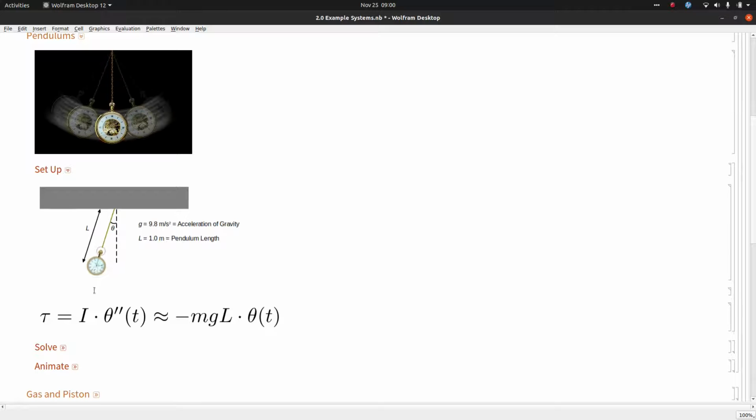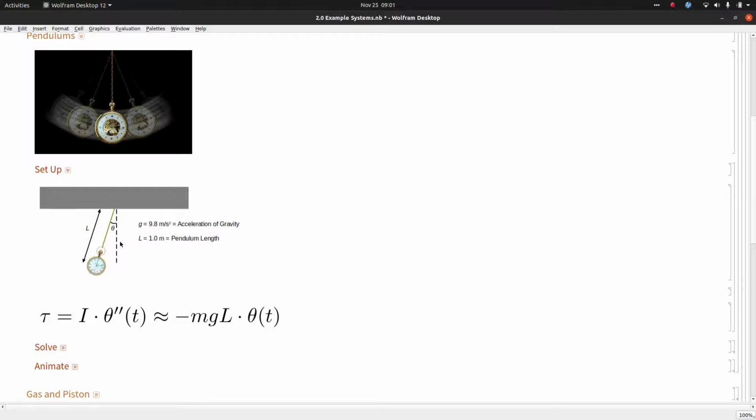Gravity is going to try to pull that watch back to its equilibrium position, and it's going to do so using the acceleration of gravity, which is a constant equal to 9.8 meters per second squared. And we're going to look at that string, and we're going to say it makes an angle theta with the vertical. Now, since we are dealing with an angle here rather than a distance displacement, since the pendulum is swinging at an angle rather than just moving back and forth in a straight line,